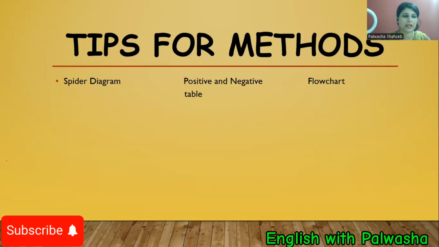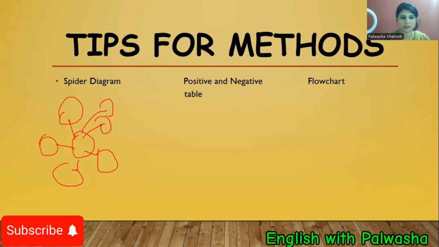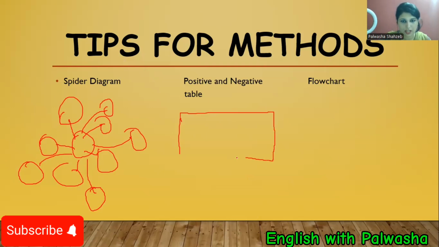Whether you can make a spider diagram, like what I'm going to write in here, then I'm going to write here, then I'm going to write here. It's going to be like a web where you note that this is going to be the point, then this is going to be the point, and then I'll write that, okay? It's going to be a proper spider web which you can make,